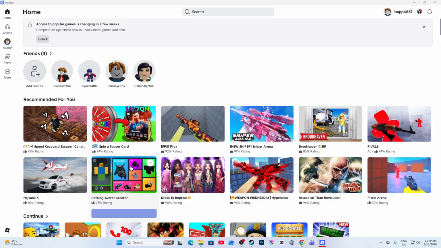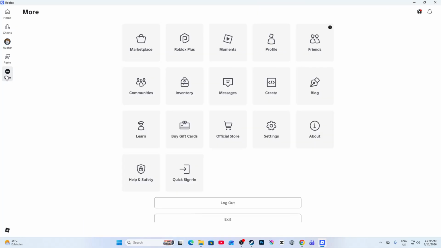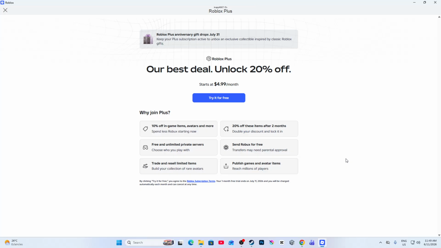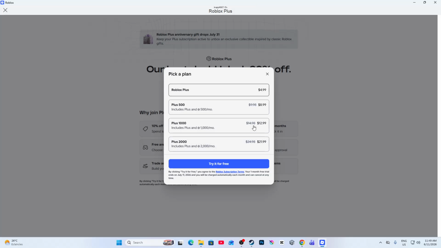So first, open your Roblox like this and go here to these three dots, More. Click on it and next you will find these options. Click on Roblox Plus and after that you will see here "Try it for free." That means that we are going to have Roblox Plus for free. Click Try it for free, and again click Try it for free